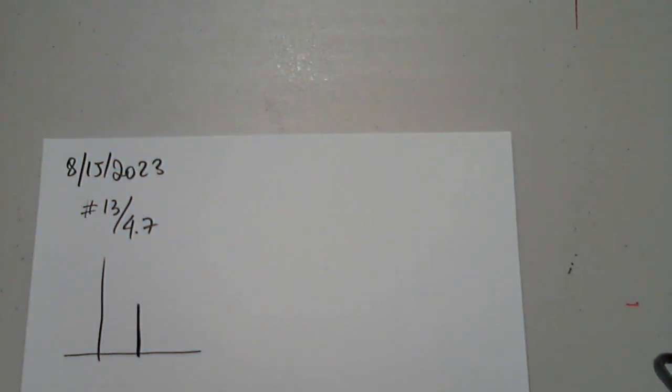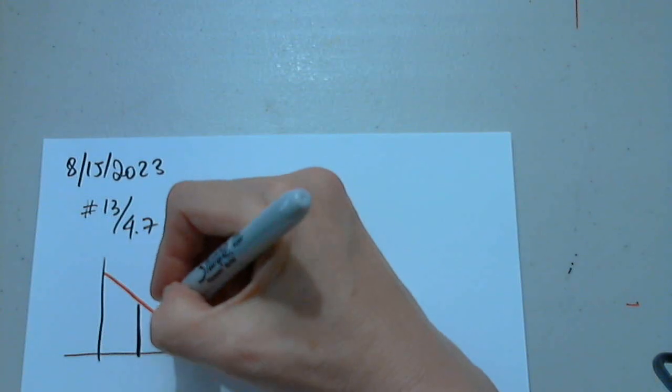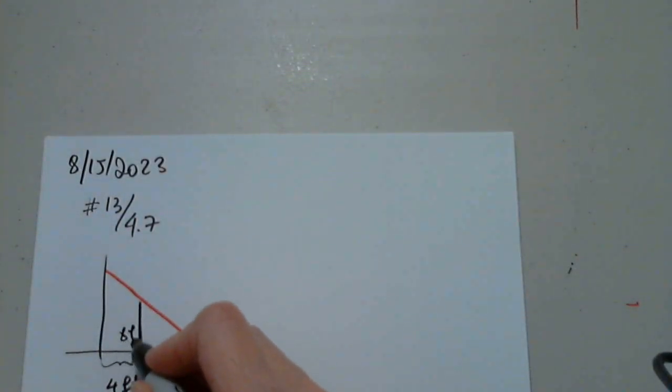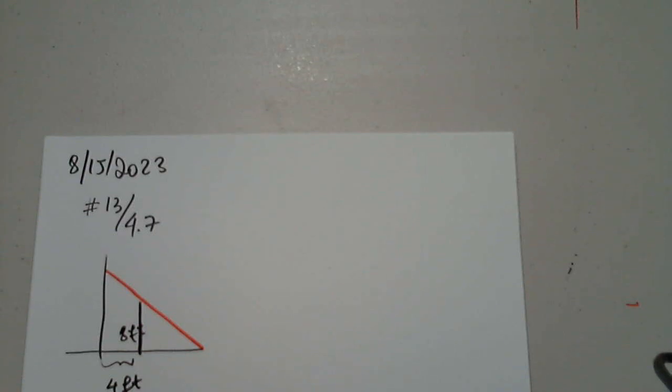And this is the ladder, I see. So we have here 4 feet, and here 8 feet. The fence runs parallel to a tall building at a distance of 4 feet from the building. What is the length in feet of the shortest ladder